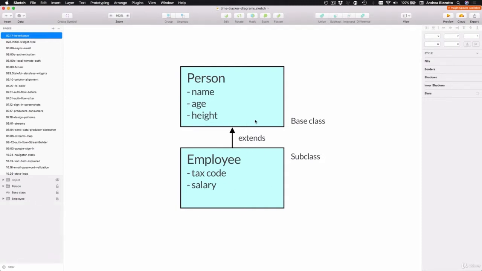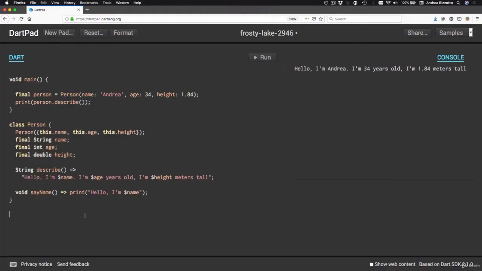So when we talk about inheritance, we often refer to a base class and to a subclass. And we say that the subclass extends the base class. So in this example, we have the person class that we have already defined, and we introduce a new employee class which extends person. So to see how this works in practice, let's get back to Dartpad and add our employee class. So over here we can type in class employee